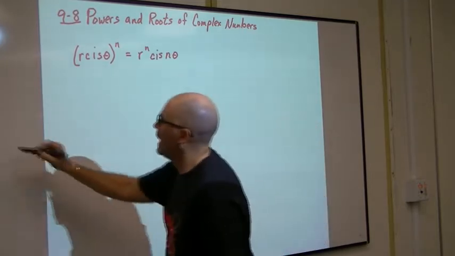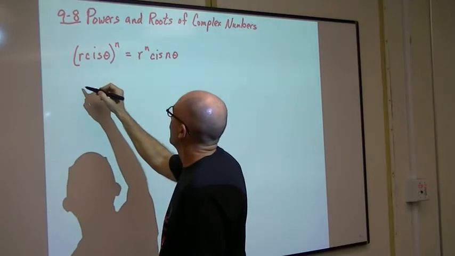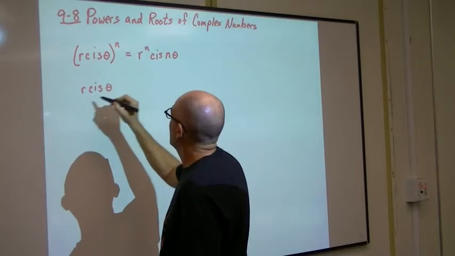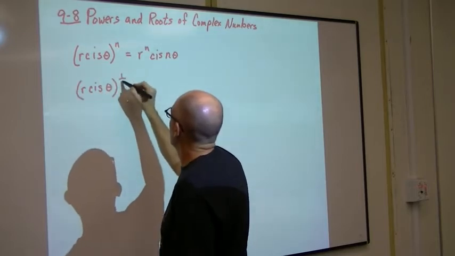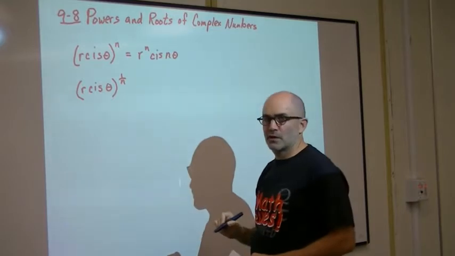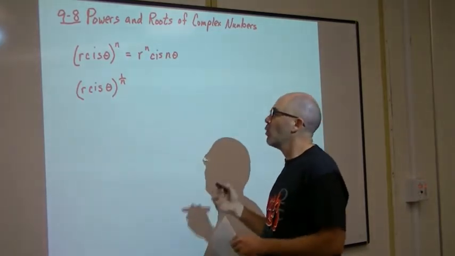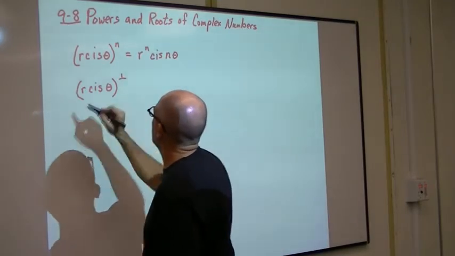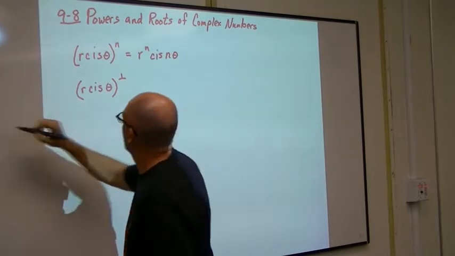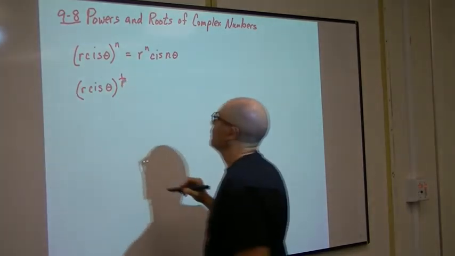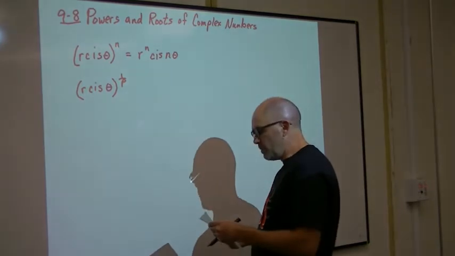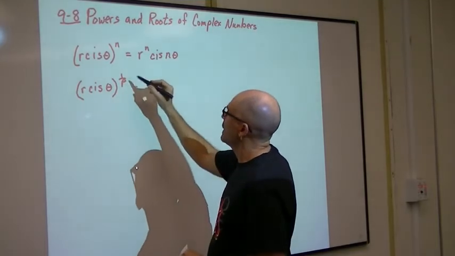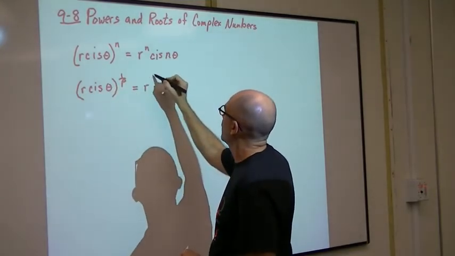Okay, the next formula we're going to have here is R cis theta to the nth root. So not to the nth power, but to the 1 over n power. We're going to make it to the 1 over p power because we're going to use n's differently. So R cis theta to the 1 over p power. So that's going to end up being the same type of thing. We're going to take R to the 1 over p